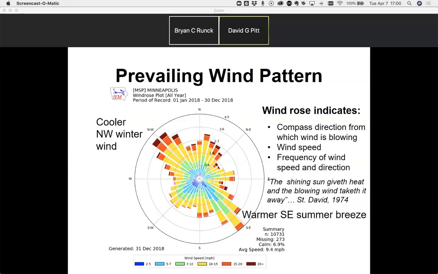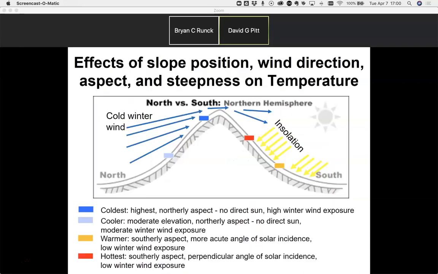St. David in 1974 made the observation that the shining sun giveth heat and the blowing wind taketh heat away. So we can begin to talk about integrating the concept of the wind rose into our assessment of slope aspect, begin to talk about the composite effects of wind and slope aspect on temperature. We'll talk more about that in just a minute, but this slide nicely illustrates that,